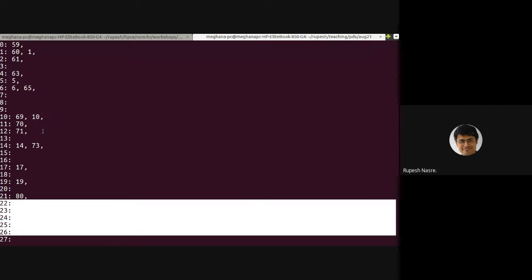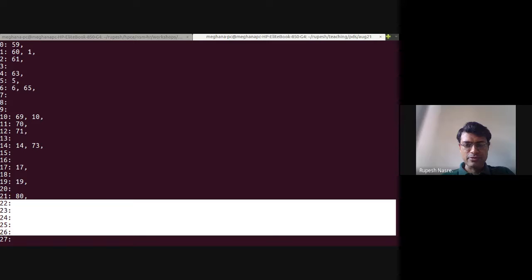So we inserted 30 elements. A typical rough estimate or rule of thumb is that you should have approximately 70% of the array full, which means that if the array size is n, you should insert 2n by 3 elements, or let's say 70% of n elements. So in this case, if I have 59 entries in the array, then 59 into 70%, so maybe around 41, 42 elements you should insert. If you require more such elements, then you should probably make use of a larger array.